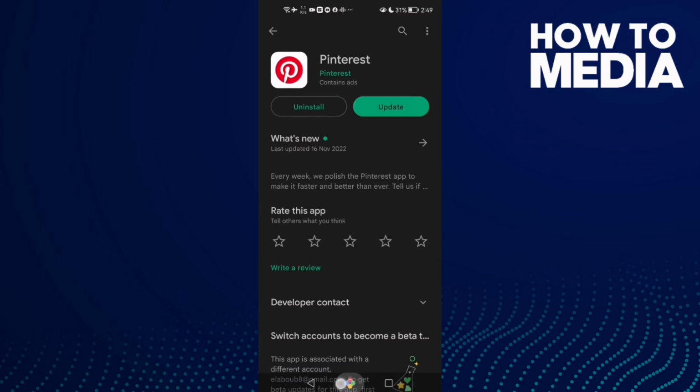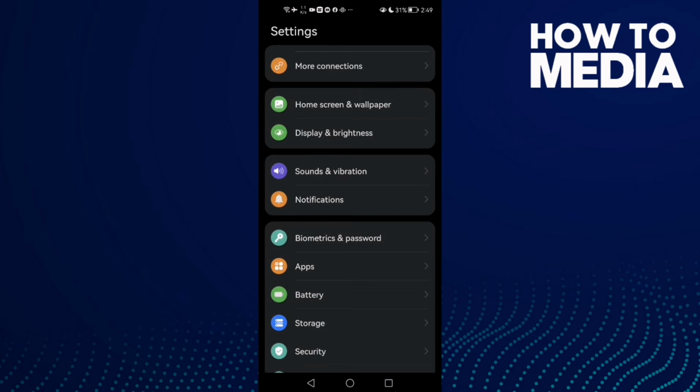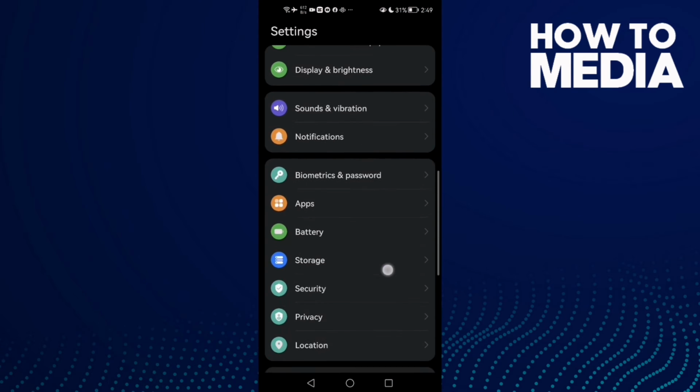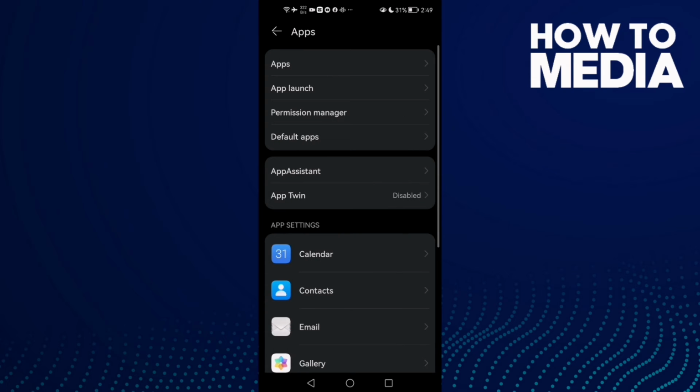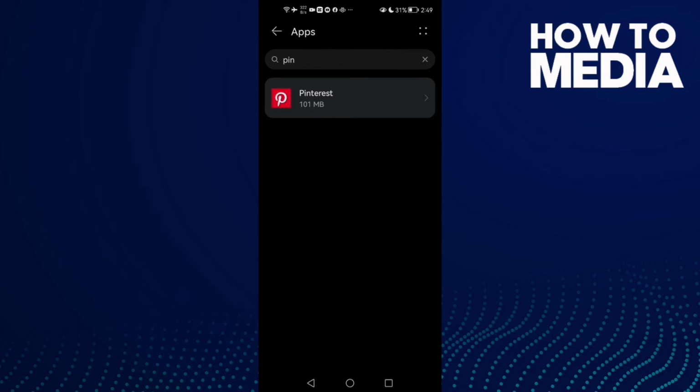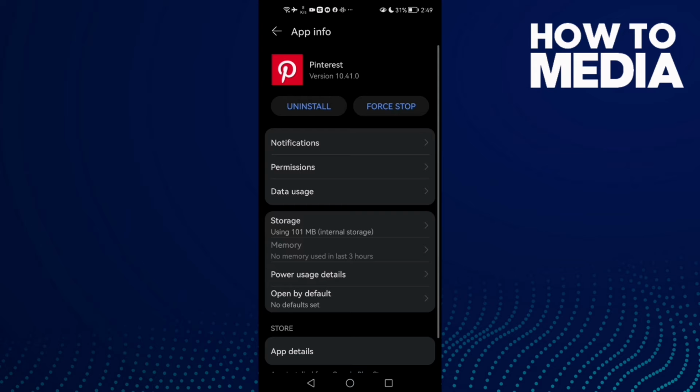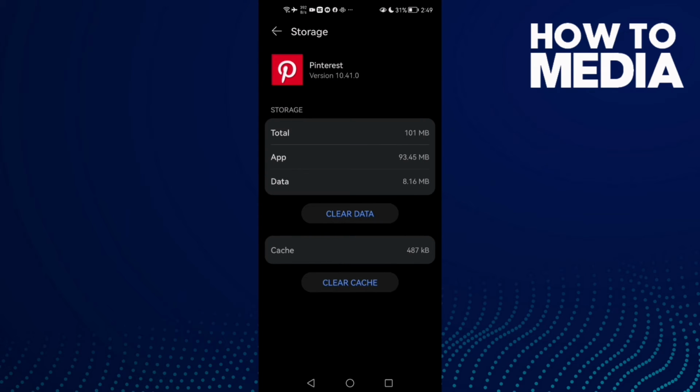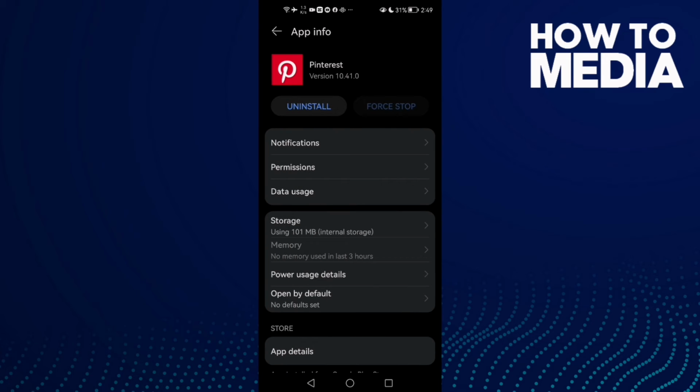And after that go to settings and then scroll down until you find here apps and then apps again, and click Pinterest. And first thing you need to do here is to click force stop and then go to storage, clear cache. Now restart your phone and try again,